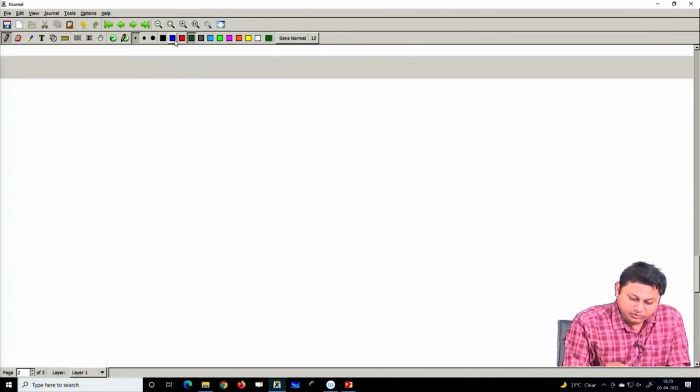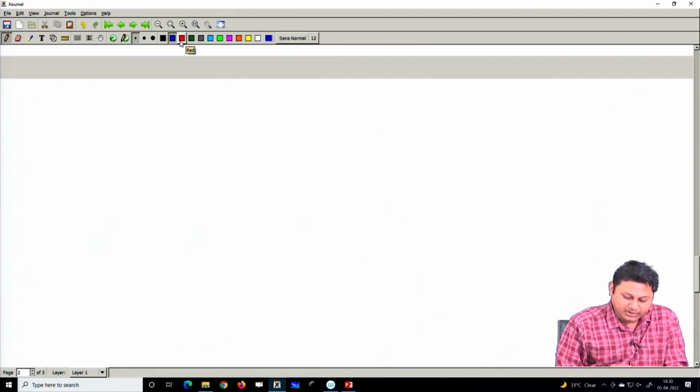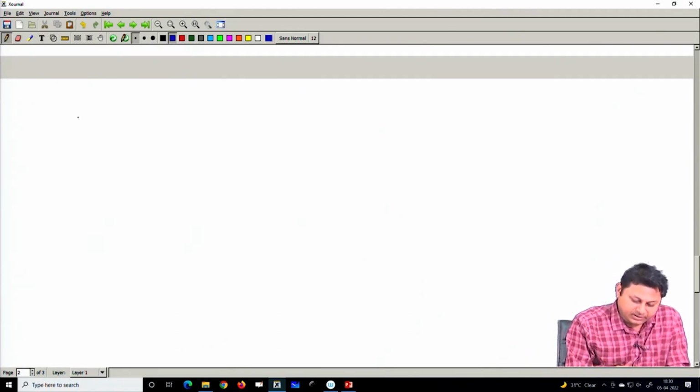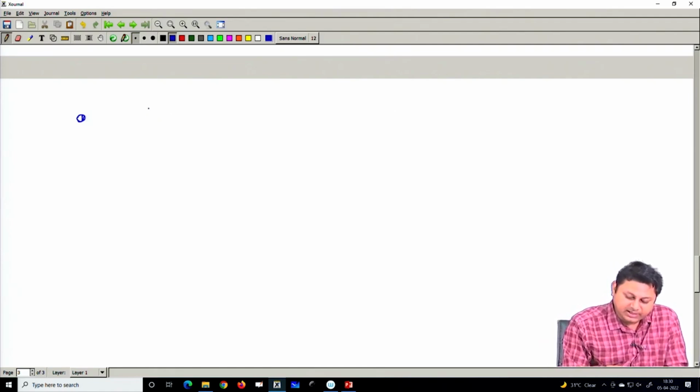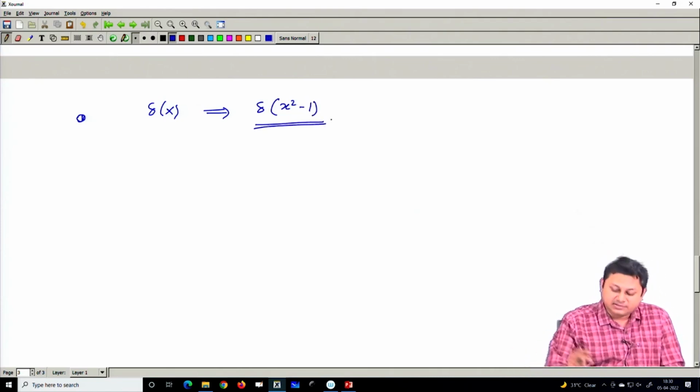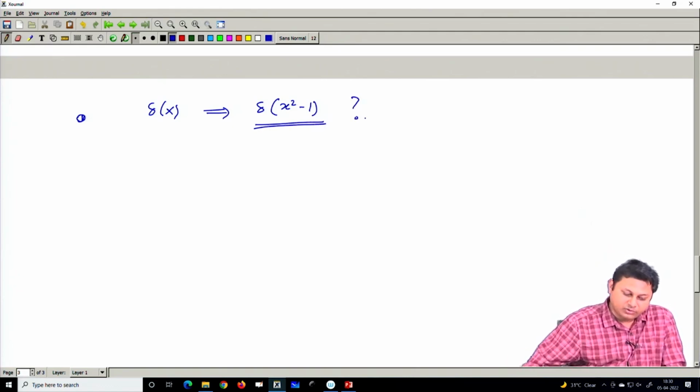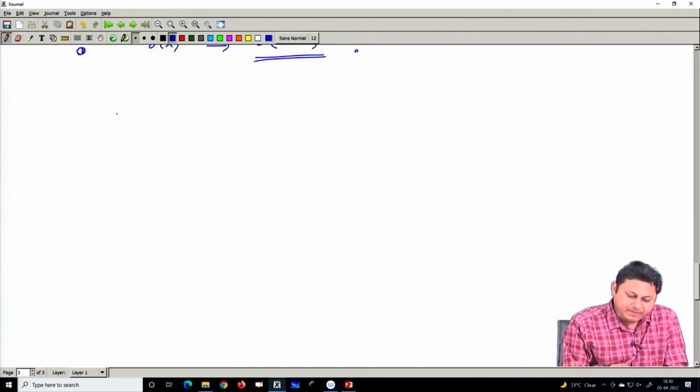now going to do. So, another very important identity regarding the delta function is this, which is useful when, instead of having delta x, you are having some kind of functional form like x square minus 1 in the argument. So, then how to deal with this kind of delta function, that is in question. So, in order to handle that, let us understand this identity. So, the identity is saying that